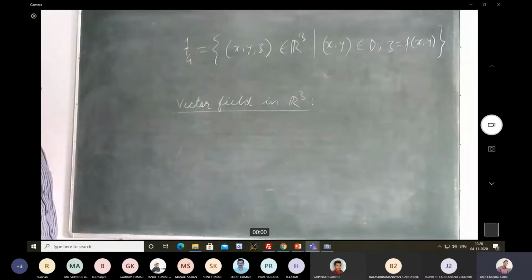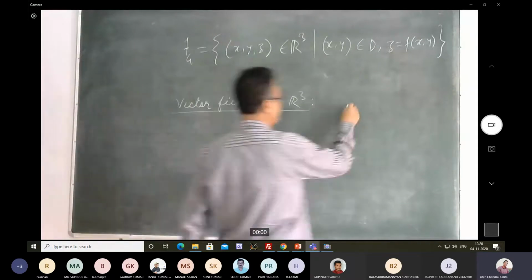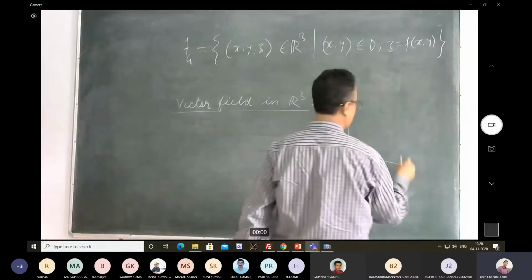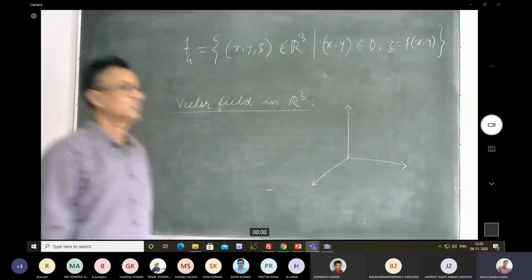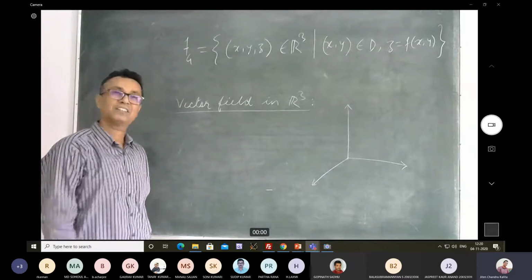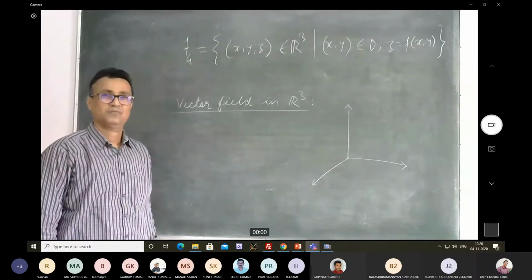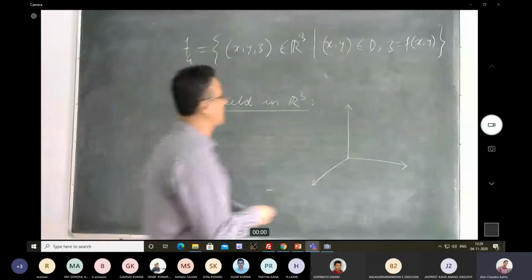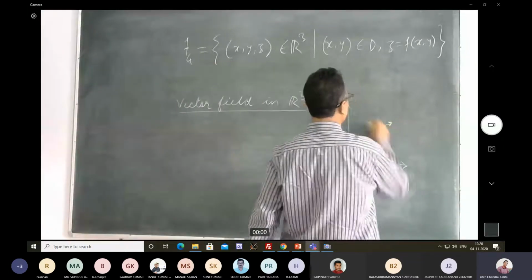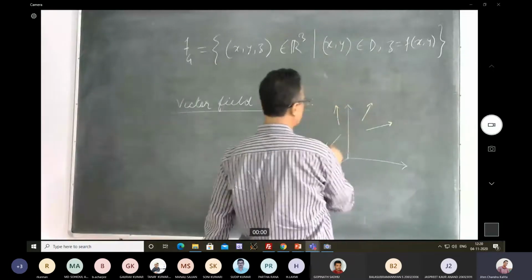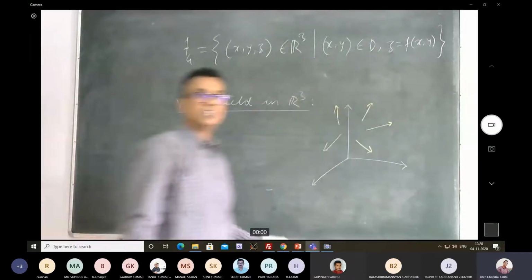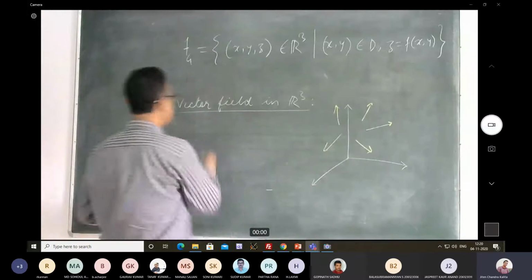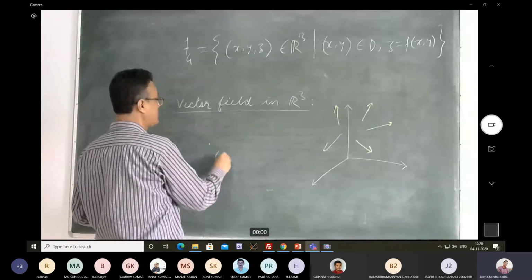So what is it going to look like? It is nothing but a collection of vectors in 3D space, right? So what it is going to do at each point in R3,